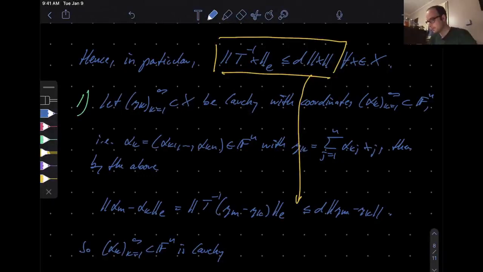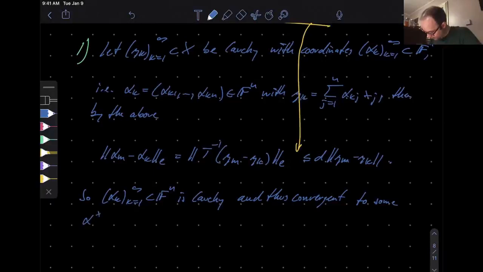So this is Cauchy and thus convergent, say to some, call it alpha star 1, ..., alpha star n in Fn. Okay, good. In turn,